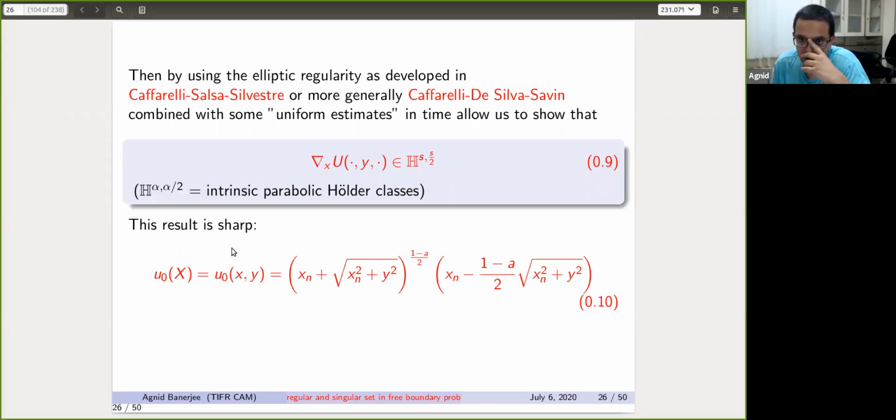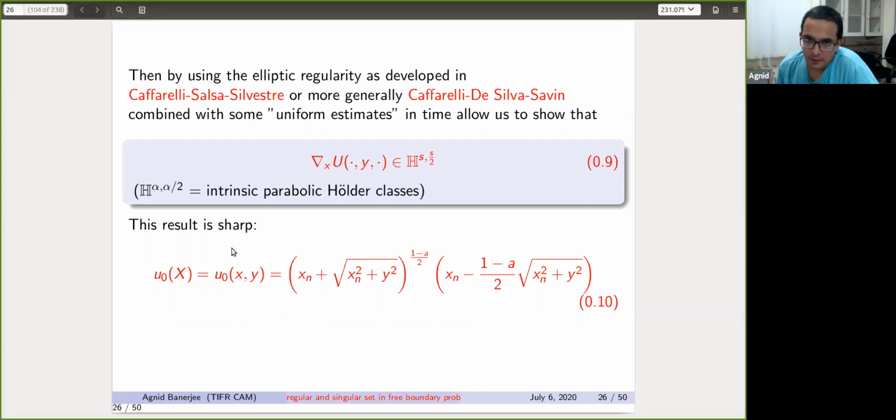Now, I should mention here that in order to get uniform estimates in time, one has to have some appropriate regularity estimates for the free equation outside the coincidence set. Because outside the coincidence set, now that we have transformed to a zero obstacle problem, outside the free boundary you will have either a zero Dirichlet condition or a zero Neumann condition with a certain right-hand side. So one would need to use interior estimates for such free equations. If you combine them, only then can you get uniform estimates in time. And this is an aspect that had to be separately developed in our work.